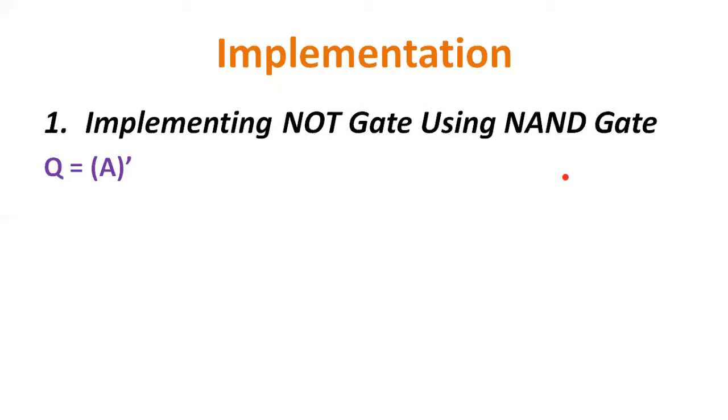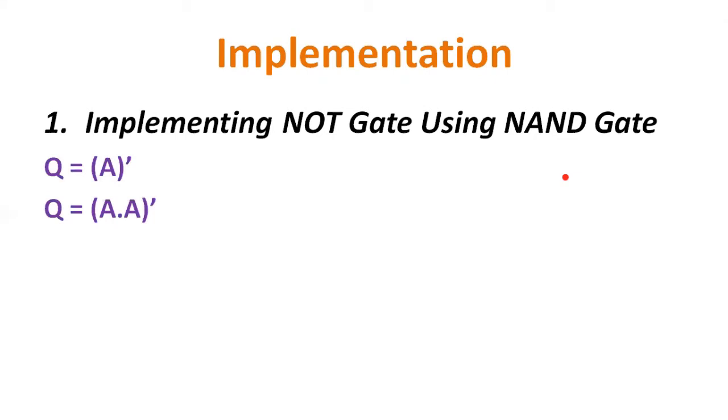Input bar, right? So consider that A is an input to a NAND gate. Actually a NOT gate has only one input and a NAND gate has two inputs. So here the output expression of the NOT gate is A bar. How will you write it in terms of a NAND gate? A dot A whole bar, because to implement the NOT gate we have only one input.